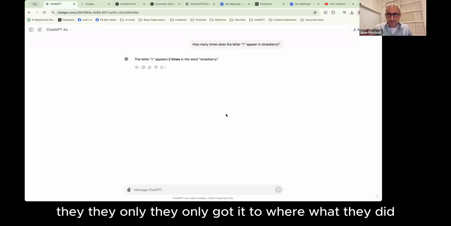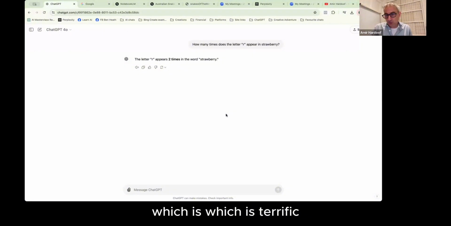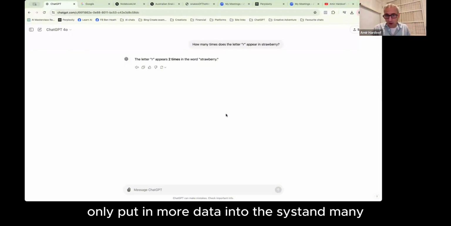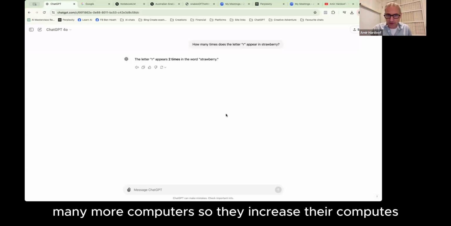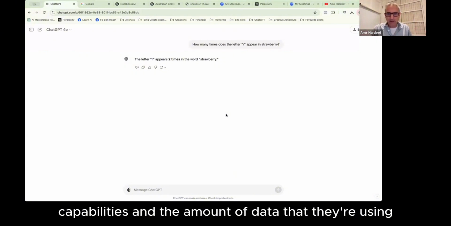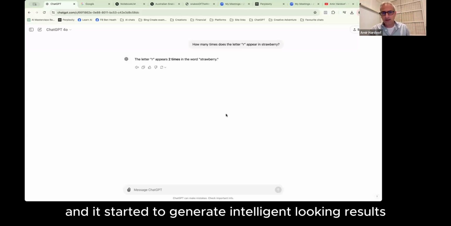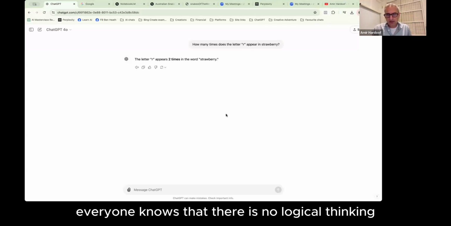They only got it to what they did, which is terrific, but I say they only, quote unquote, only put in more data into the system and many, many more computers. So they increased their compute capabilities and the amount of data that they're using, and it started to generate intelligent looking results. And still, everyone knows that there is no logical thinking.